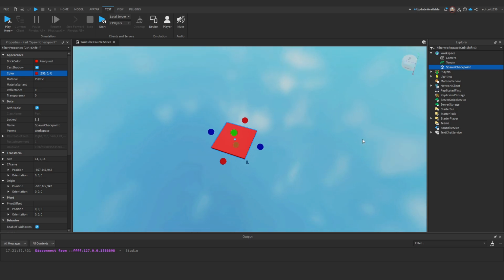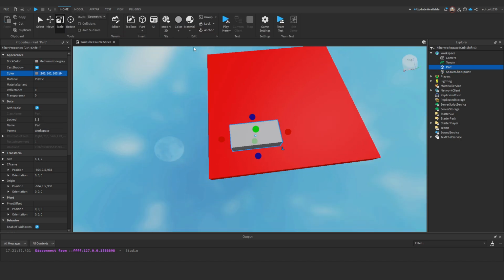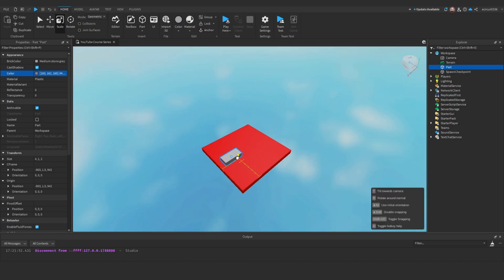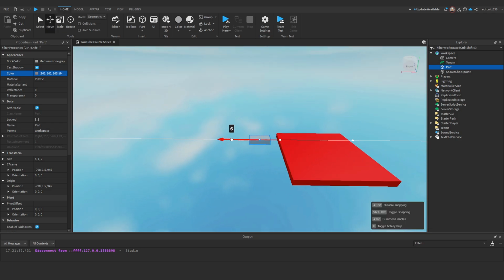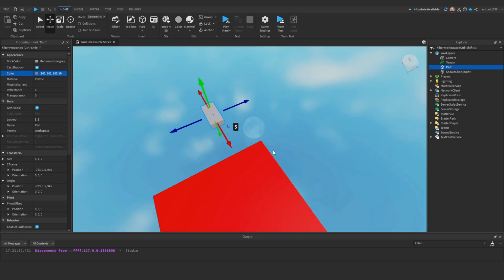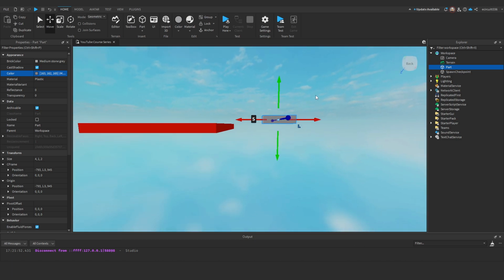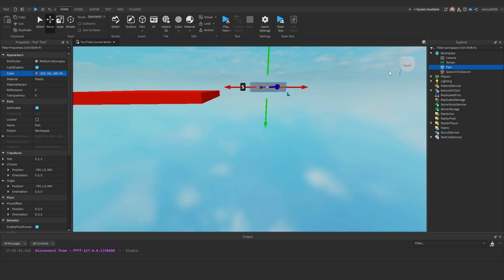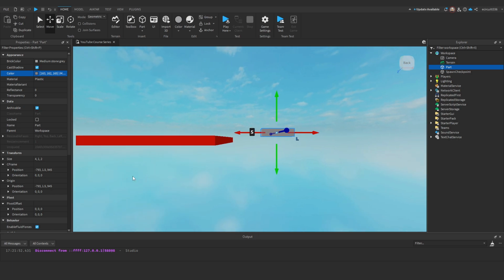So first of all, let's cover jumps with rectangular parts. What we want to do is under home, add a part into the workspace. And we're going to use the move tool, and position this as far as you want the jump to be. This is the first stage, so you want to keep in mind that we want it easy. I'm going to level it up if I go sideways, or we can go top right where you see this little world view button. We can click back and it will line us perfectly level, and then we can just make sure they are